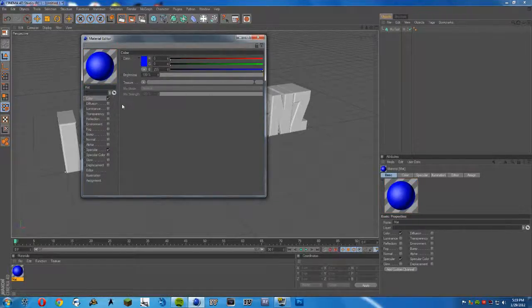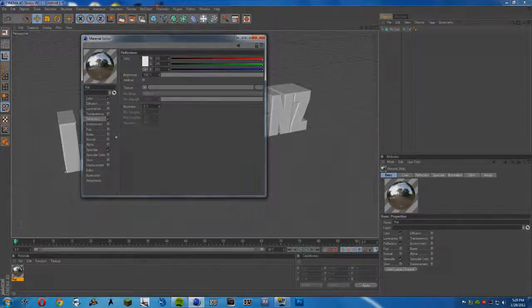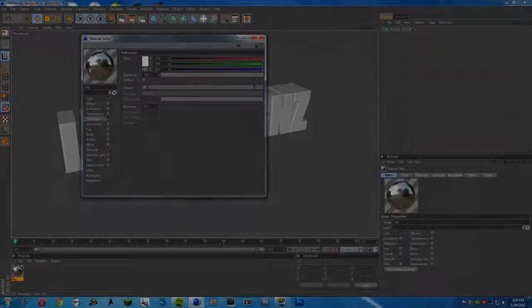And once you do that, then there's a few things you can do. You can either leave it blue like that, just regularly, or you can do a lot of options here. Specular basically adds that light right there as if a sun or a source of light were shining on it. Getting rid of it basically gets rid of the notion that there's a light shining on it. You can add reflection, which is what I basically do. Now when you first select reflection, you'll get this, and depending on what you like, that is not good, because you typically want the